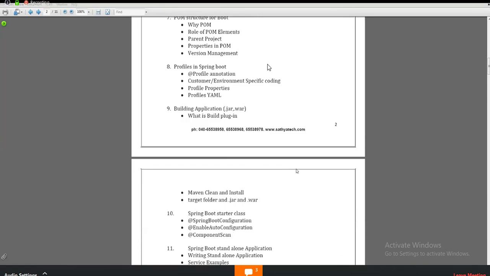To learn Spring Boot, prerequisites like core Java and advanced Java, basics of Spring core are needed. Yeah, material is the same as Ravindra Xerox only. Jira will be taken only for project based students, or if a separate tool is taken, then you can attend. Yeah, Spring knowledge is required, basics of Spring knowledge is required. If you don't know, I'll take some extra sessions on that. You can just learn with that.